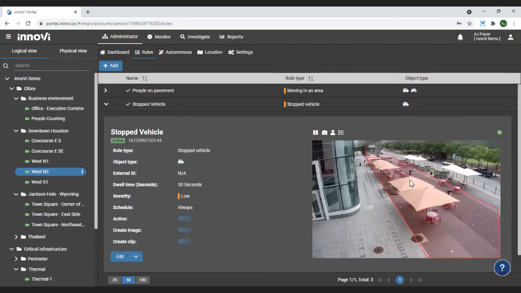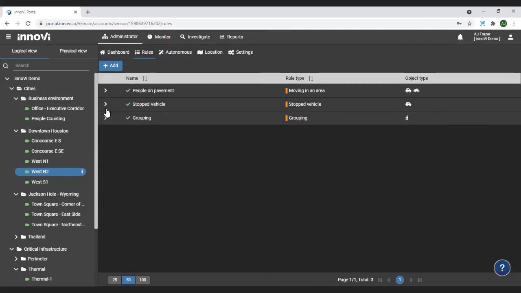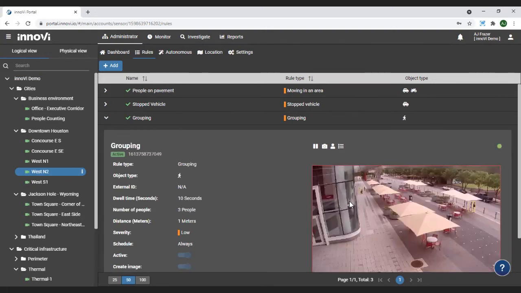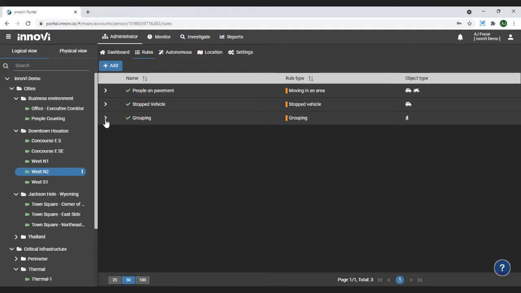This is really in this causeway here, this little dining area. Not too many stopped vehicles there. There's also grouping. Now here's a good example of how the AI works better, because we defined a grouping for 3 people in groups, but in this case we just turned on this entire scene. That means any movement in these trees, rain, anything like that doesn't bother the algorithm. We didn't have to mask out things. We didn't have to tweak, because the algorithm knows that a person is not these trees. It already doesn't have a problem with those false alarms.